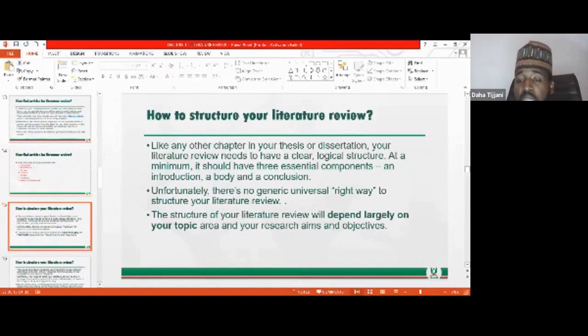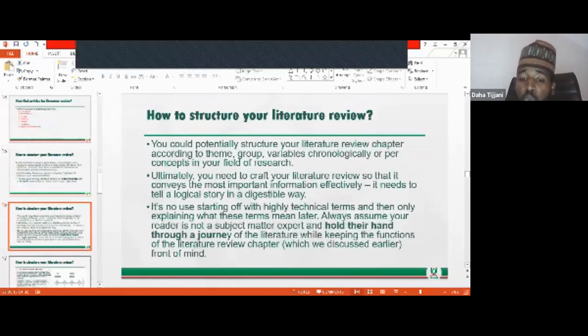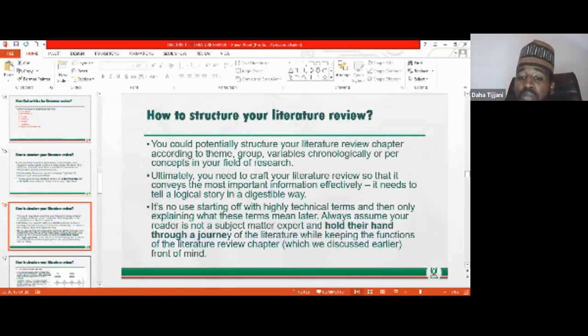Because there is no generic universal right way to structure the literature review, how you structure your literature review will depend largely on your topic area and your research aims and objectives. So again, you could potentially structure this literature review chapter according to groups, your variables, themes, or even concepts. You need to craft your literature review so that it conveys the most important information effectively, and it needs to tell a logical story in a way that is going to be digested by even